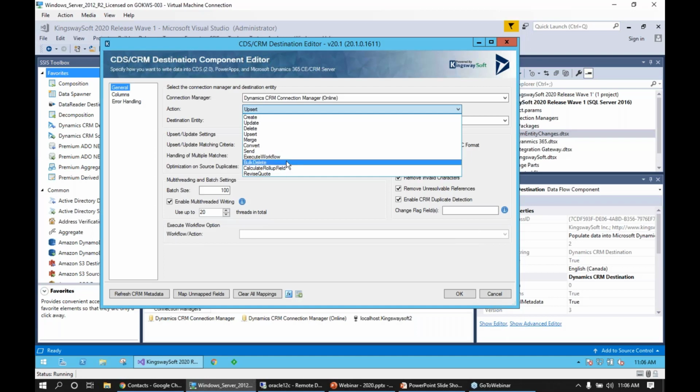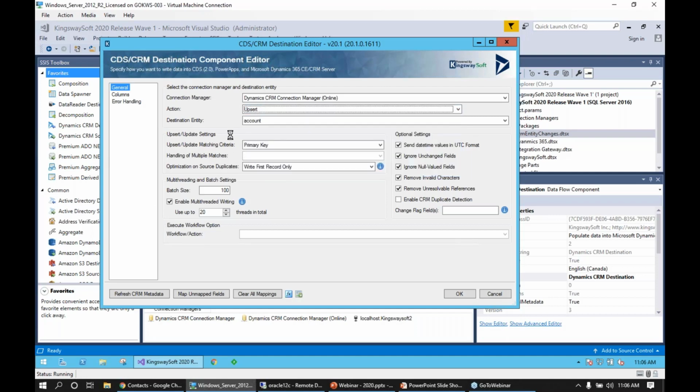For calculate rollup field, if you have a rollup field you want to refresh in the UI, you can use that action to do that. And we have revise quote. If you want to revise a quote through the integration job or integration process, you can use that action for that as well. Now, if we go with the upsert action, you can upsert with the primary key or with